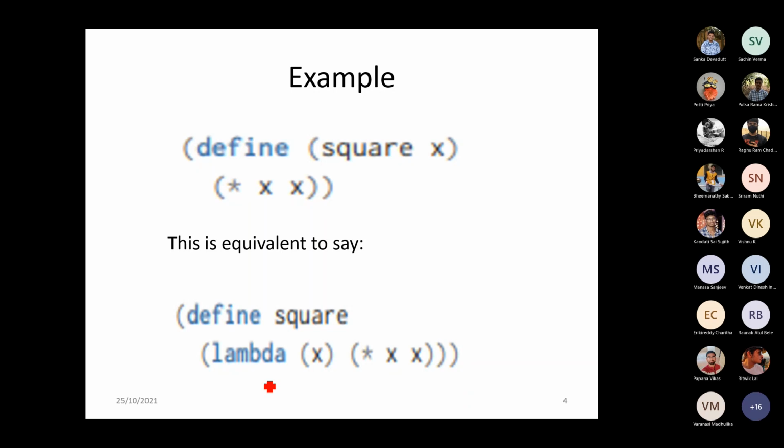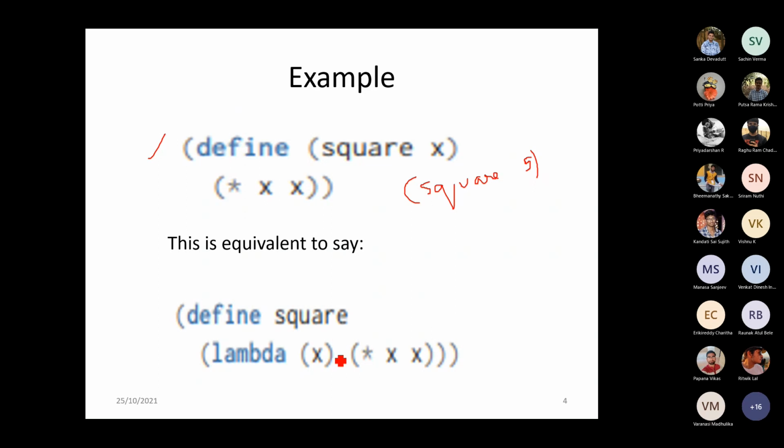When it comes to the procedure call, will there be any change if I define it this way? In the first form, say x is 5, we call the square procedure with the value 5, and x gets the value 5.